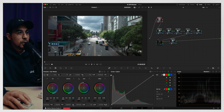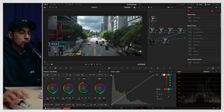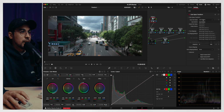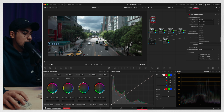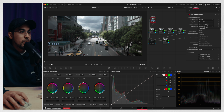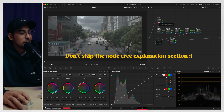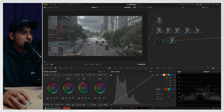Okay, so the first node right here is our Rec 709 to S-Log3. Just to go through everything, color space transform, I'm gonna hit that here, and then we're gonna go Rec 709, Gamma 2.4, and then S-Gamut3.Cine, and then S-Log3. Now again, this is going to put us into the S-Log color space. And again, it's not going to magically give us any additional color data